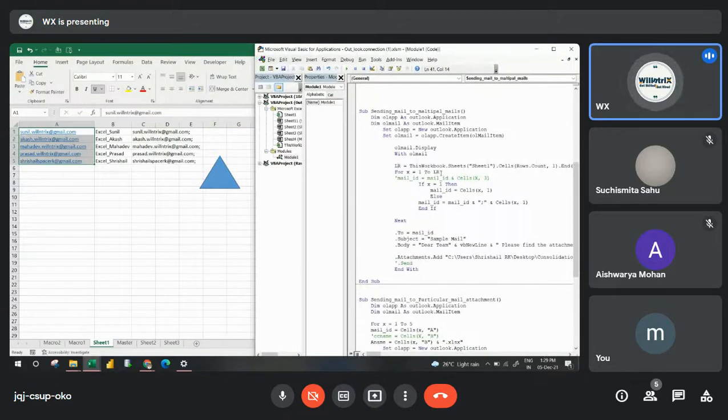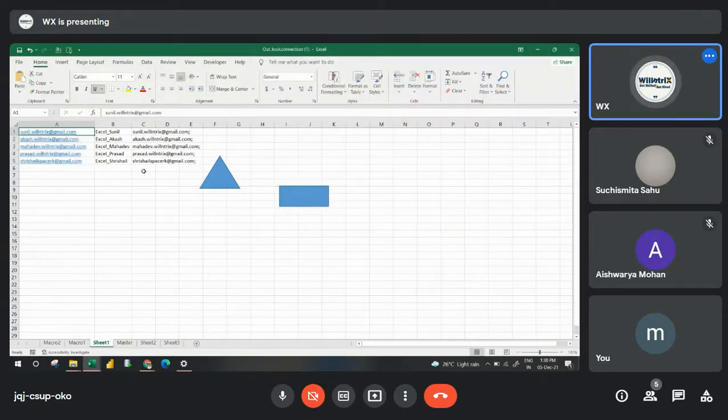Okay, then once that is done, if x equals 1. Why am I using an If condition? Because we need to create a bunch of email IDs. When we are creating it, because Sunil is holding, right? After Sunil, I need one semicolon, correct?